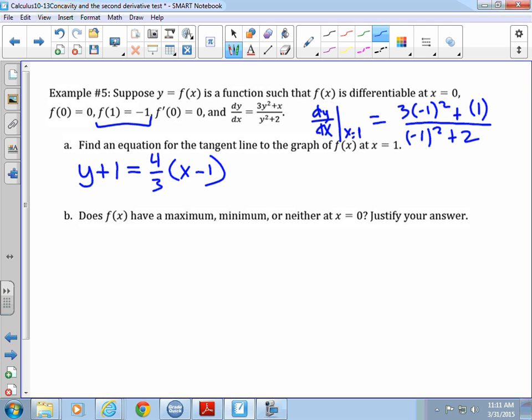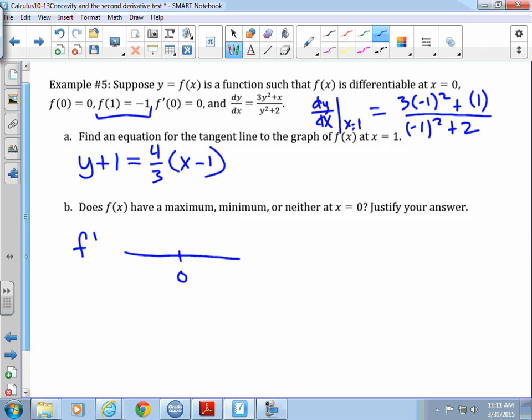To do a first derivative test, I would need to know a point, the slope on the left and the right of 0. I can find the slope on the right of 0, but I can't find the slope on the left. So the first derivative test fails me here. I don't have enough information because I don't know a y value to the left of 0, and I need an x and a y. This is a brilliant AP problem forcing you to use the second derivative test, which makes this quite a bit of work